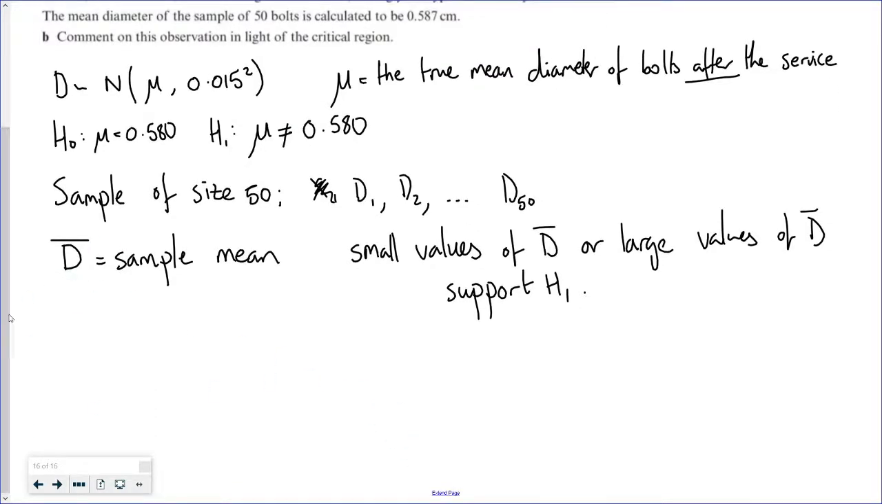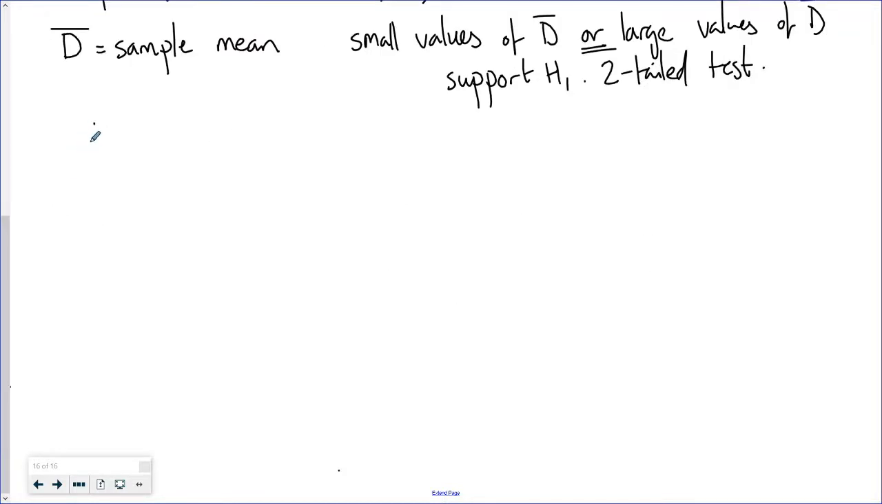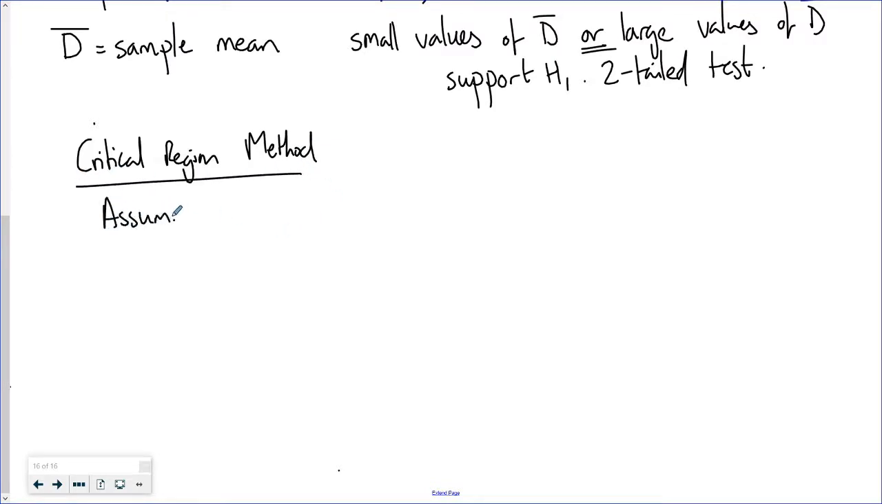So in part A, we're asked to find the critical region for the test. So they're going to force us to use the critical region method. So let's have a look at how to find the critical region then. With the critical region method, we're going to assume that H0 is true. And so we could say under H0, we need to write down what is the distribution of D bar,